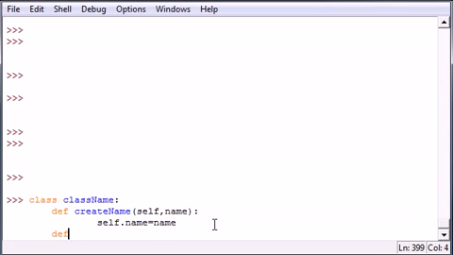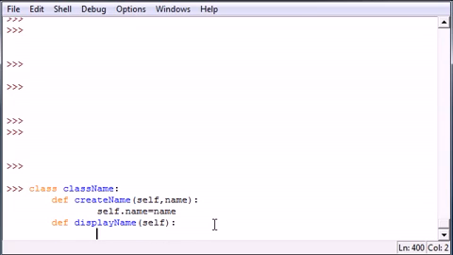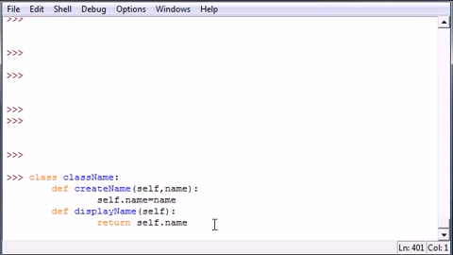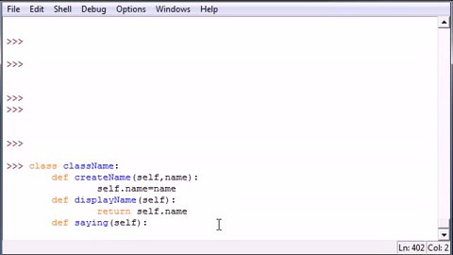And let's go ahead and create another method. Let's go ahead and make display name, and I just want this to output the name of whatever we give it later. So I just want it to return self.name. Again, these are really simple methods. The last one I want to make is just a saying, and you can name yours any one you want. I'm just making mine easy so you can see what's going on. And my saying is just going to print out a saying. It's going to be hello some variable, and that variable is of course going to be self.name,